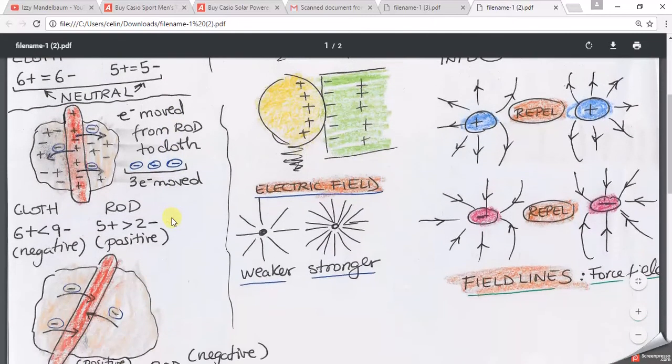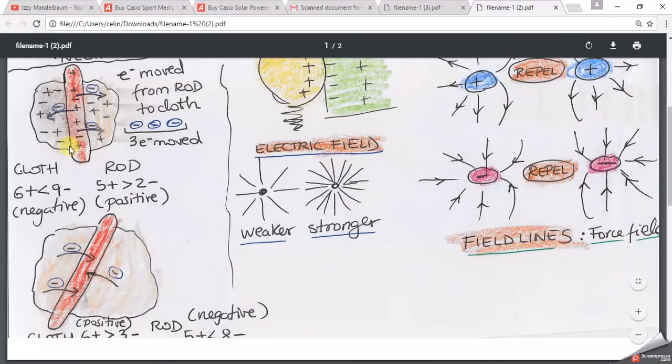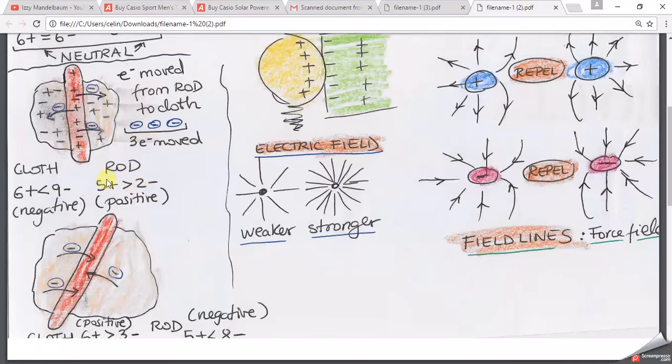For example, I have put 2 examples here. In one instance, we are rubbing the cloth with a rod, and then the electrons move from the rod to the cloth. As you can see there, if we follow the arrows, the negative charges, the electrons, are moving from the rod to the cloth. So 3 negative charges moved. That means if initially the rod had 5 positive and 5 negative, because 3 electrons moved, the rod will be left with 2 negatives,